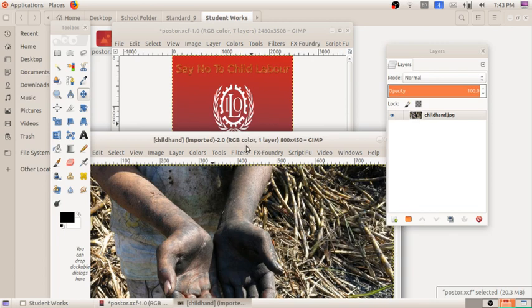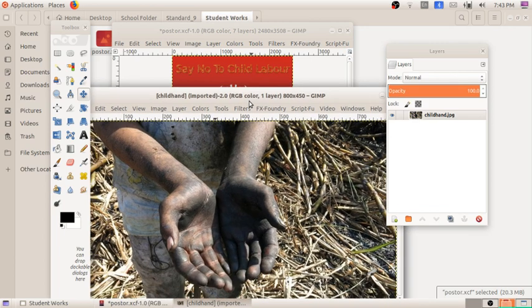So you can see the new image opened in a new GIMP window. What we have to do is cut only this portion, only the hands we need. You can see the hands of a child, black color hands, made by doing the works and all. So this is the hands of the child. I need only this much portion, so we can cut this portion by using the path tool.